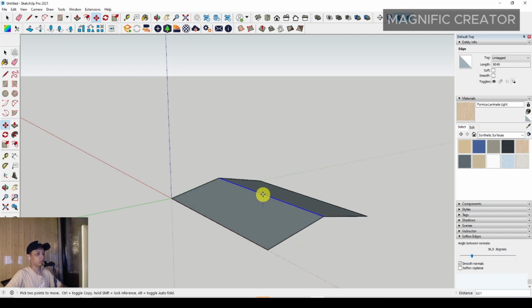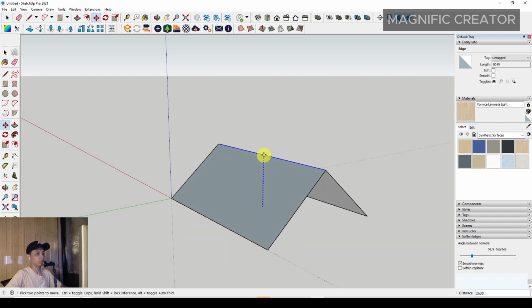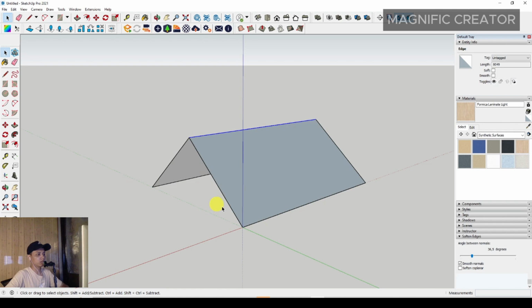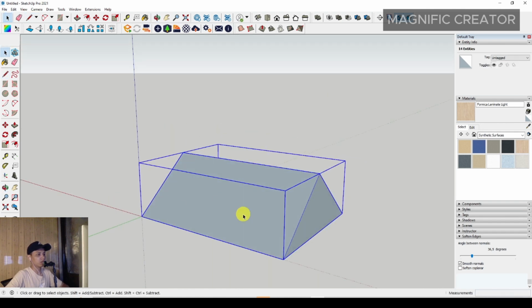Then you have to move this line to the upper position, and then you can select this line and just complete it, this line also, and then you have to make it a group. Okay, and after that you can make